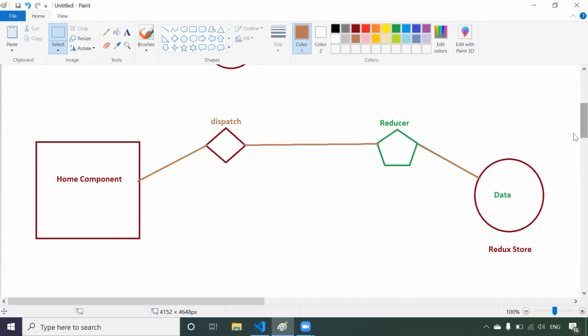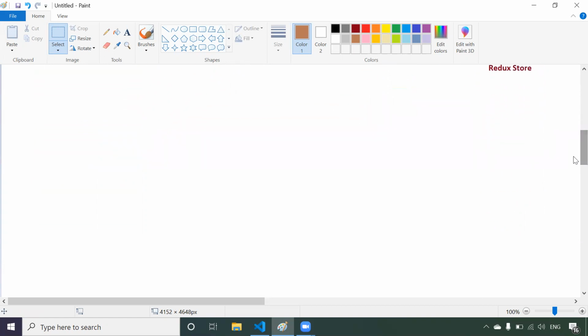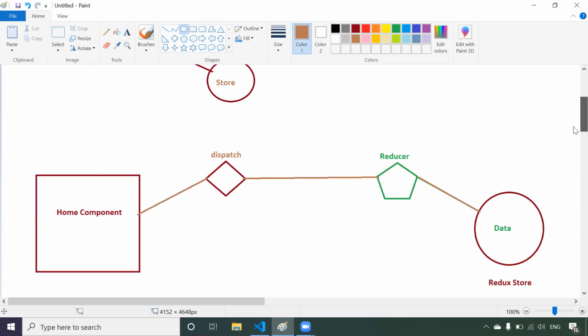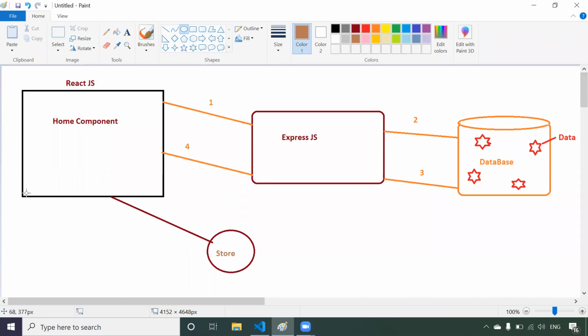First of all, we have to code according to the flow. So let's understand the flow. Already we have understood it, and according to that, we will be constructing the code, right? So first of all, we require a store. We require one store. Before that, I wanted to explain what we are actually going to do. Now I have a React app, and in that, I will create one component called the home component.